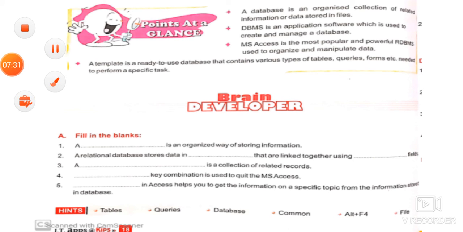Suppose in your database you have stored lots of information and you want to find the information of a particular item, for example, if I have a list of class 8th students and I want to find the information of roll number 805, for that I can use queries. Using queries I can get the information of a particular roll number.